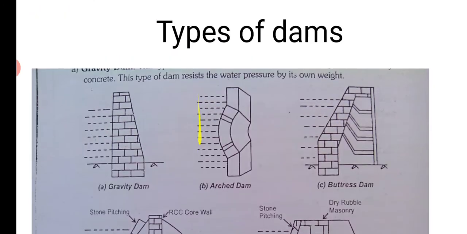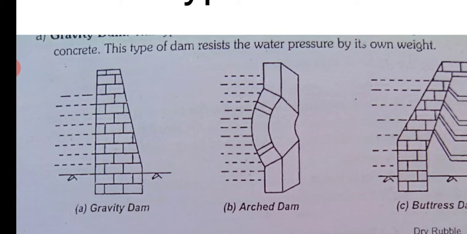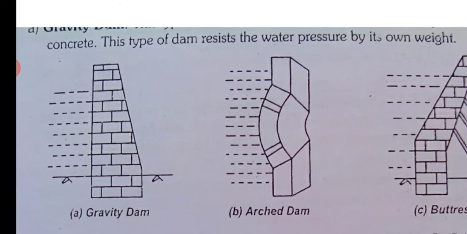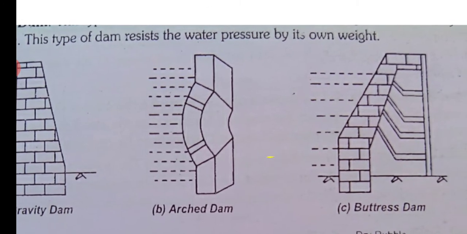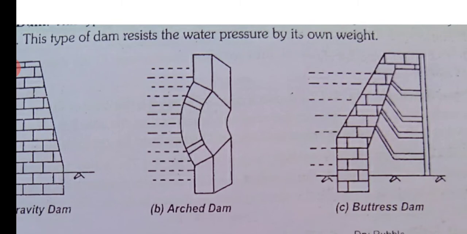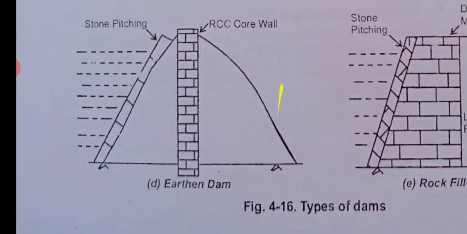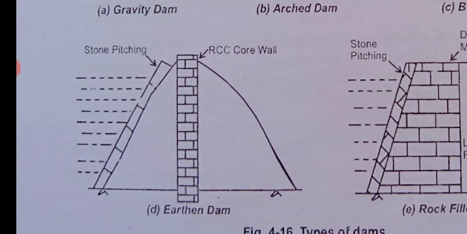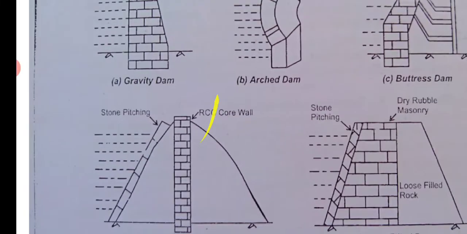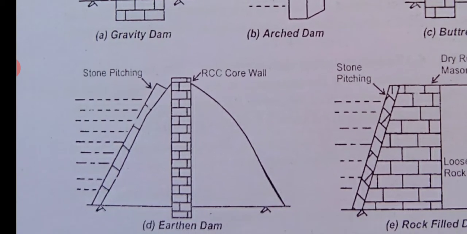And types of dam also. Now, the gravity dam we have seen, that was built like this. Then you have got the arch dam, and you have also got the buttress dam. Then you have got something called the earthen dam, where only the central core is an RCC wall and it is made of earth, and then